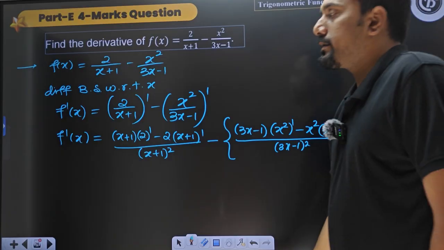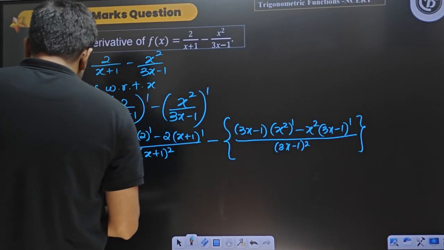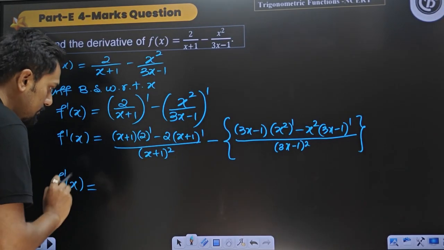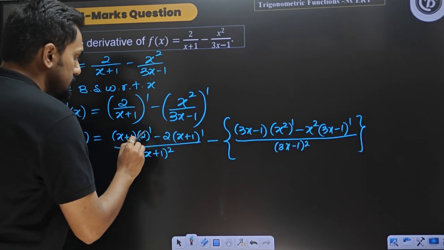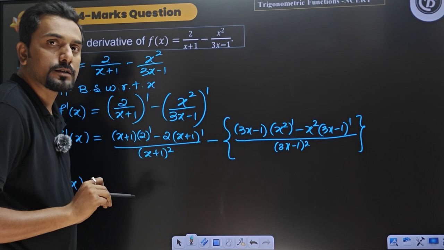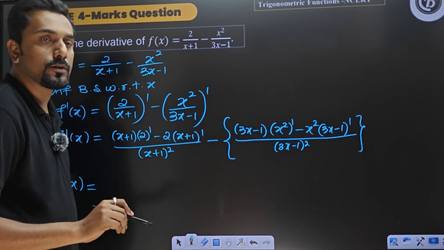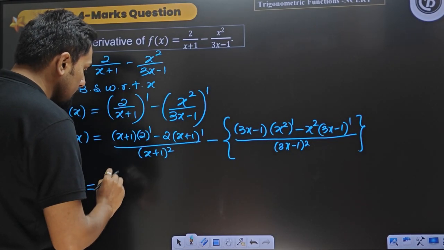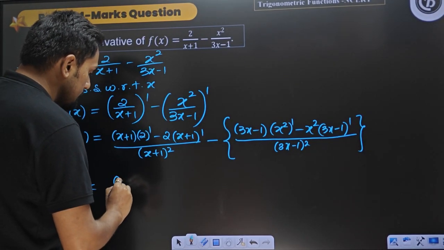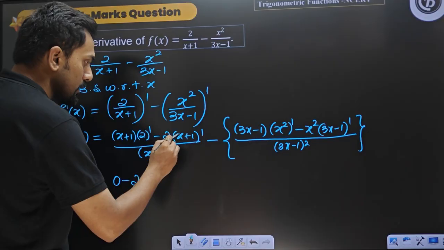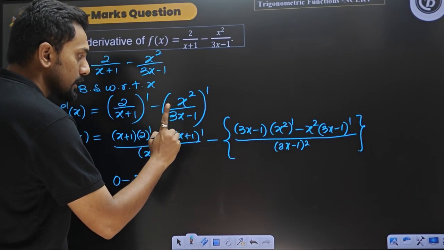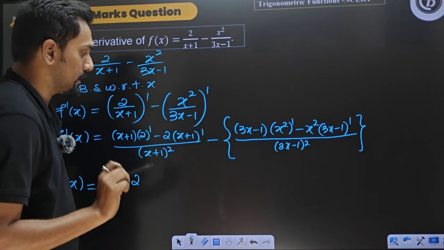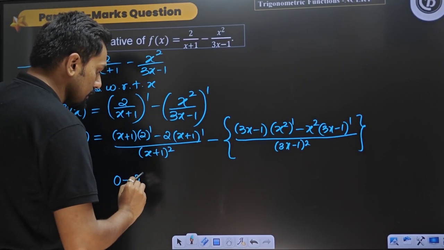Okay. Then f dash of x is equal to, what is the derivative of 2? 2 is a constant. The derivative of a constant is 0. 0 into anything becomes 0. For that reason, this becomes 0 minus 2 times the derivative of x, which is 1. Derivative of 1 will be, 1 is a constant, derivative of a constant is 0 again. So 1 plus 0 is 1,